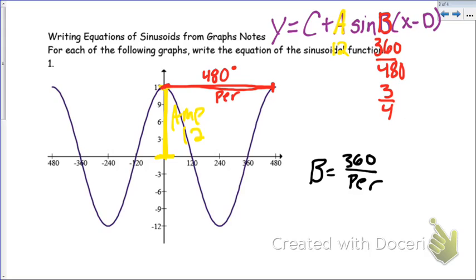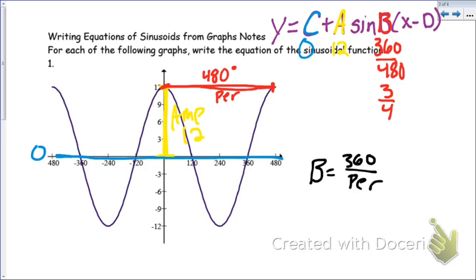Alright, the next value you need to find is C. If you remember, C is the sinusoidal axis, or the vertical shift, and in this case, I don't have a vertical shift, because the middle of my graph is at 0. So the value of C in this case is 0,